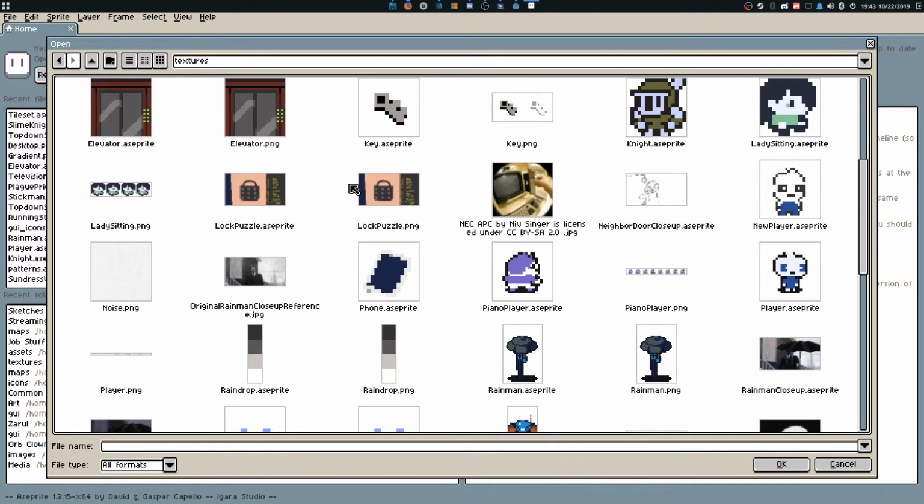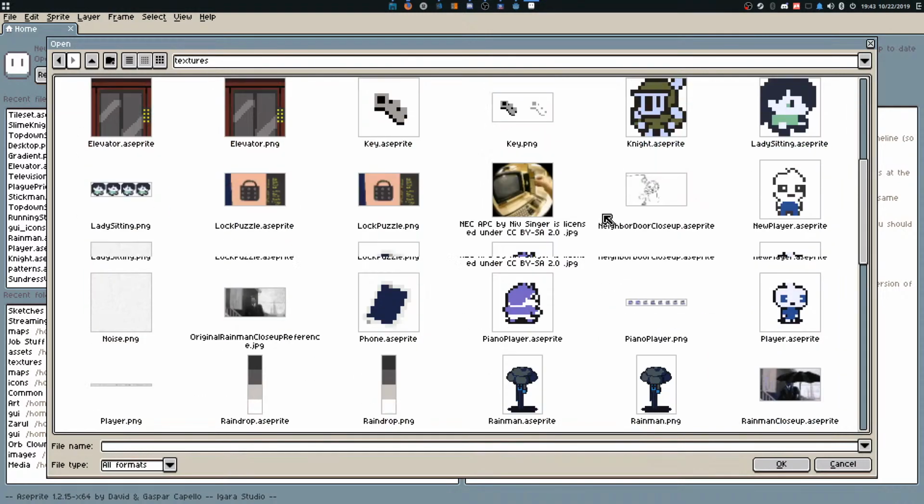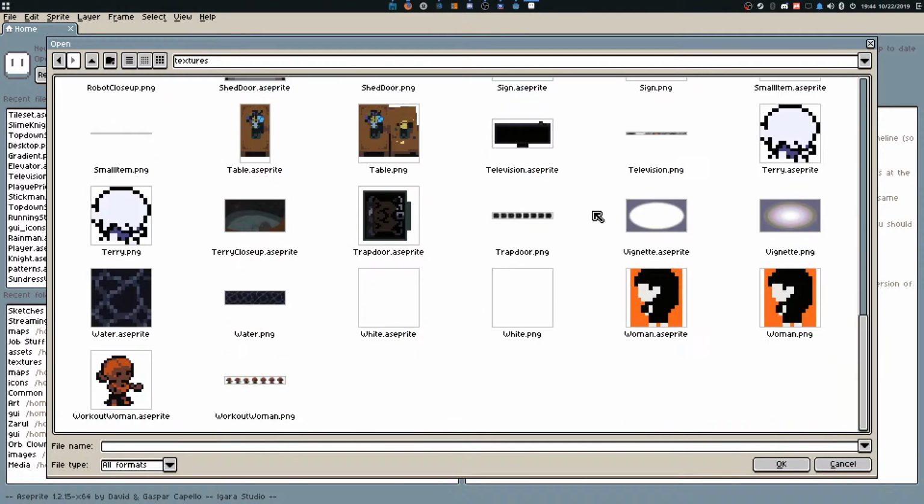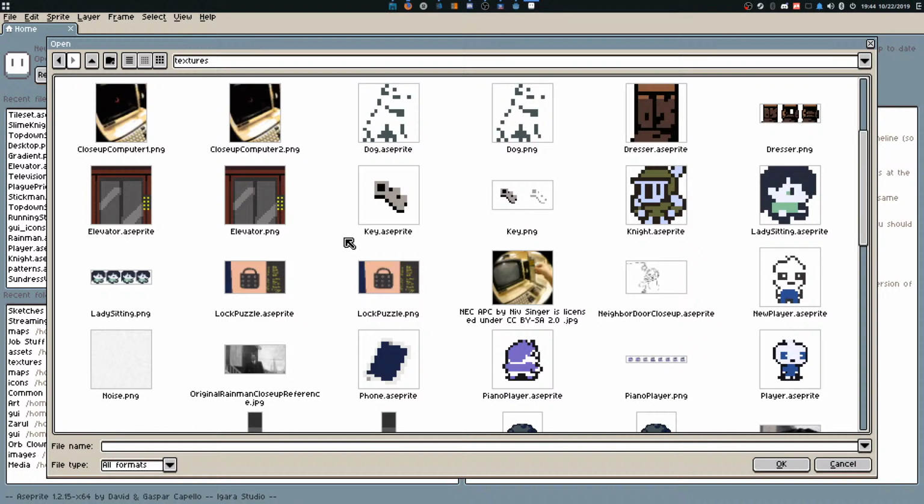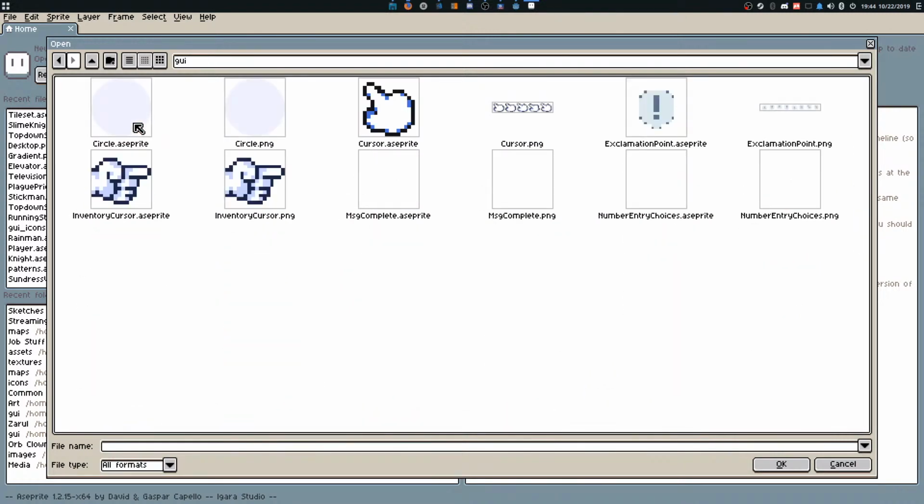Let's see. GUI. I'm not sure if I even have any GUI elements drawn. I think it's just... Oh, wait, there we go. There's a couple. Okay. Yeah, okay, cool.